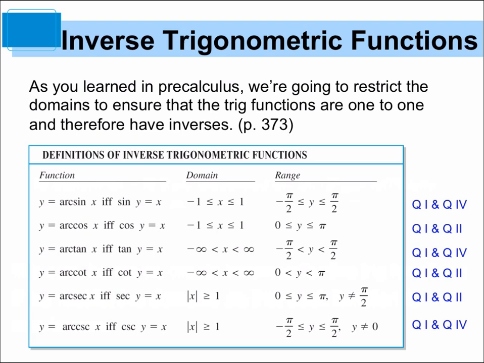So if we look at sine, for instance, sine relates to y. Y is positive in the first quadrant, so that gives you the first quadrant answer, and y is negative in the fourth quadrant. So sine is restricted to quadrant 1 and quadrant 4. None of these, just to help you out a little bit, none of them are quadrant 3. Quadrant 3 is a no-fly zone. It's either quadrant 2 or quadrant 4, depending on the function. Some of them are fairly ambiguous as to which one you can use. Sine and cosine you can work out logically. Like I said, you need a y value that's positive, that's quadrant 1. You need a y value that's negative, and you can't go into quadrant 3,